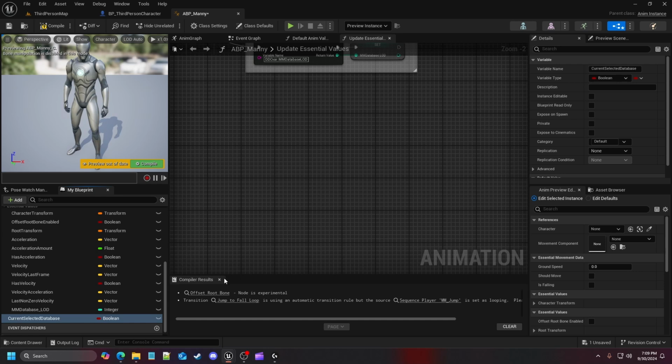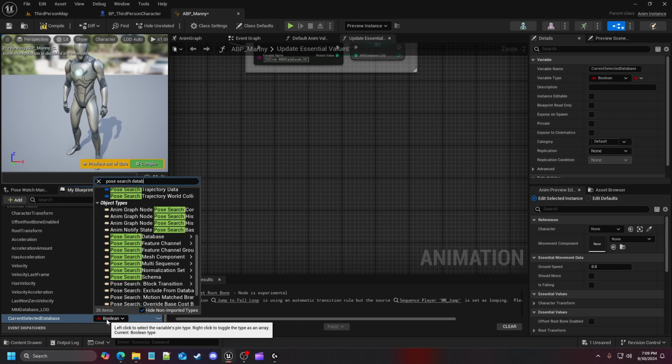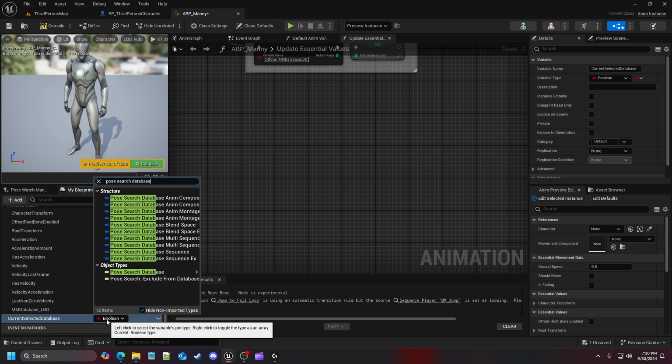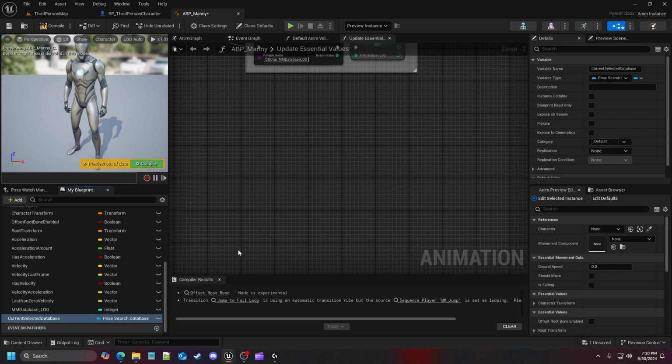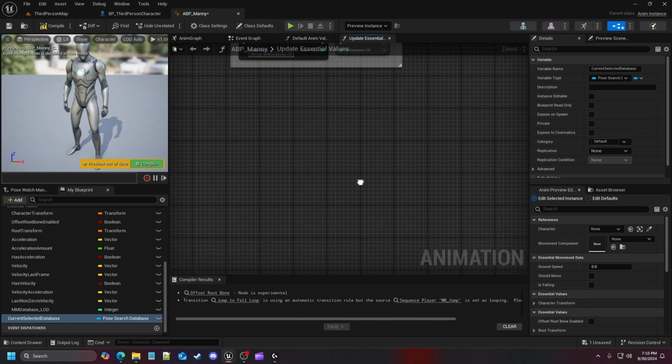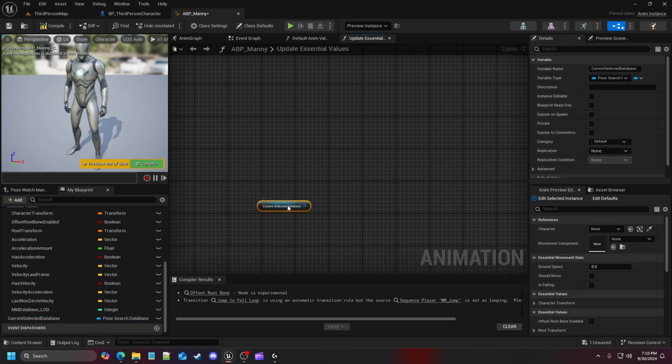And because we have the pose search plugin, we now have the capability of searching for the pose search database. We want this object type right here where it says pose search database, and we are going to grab an object reference. I'm going to put this together first, and I'll explain what we're doing as far as this is concerned. So let's go ahead and drag a get reference into here, and we're going to turn it into a validated get